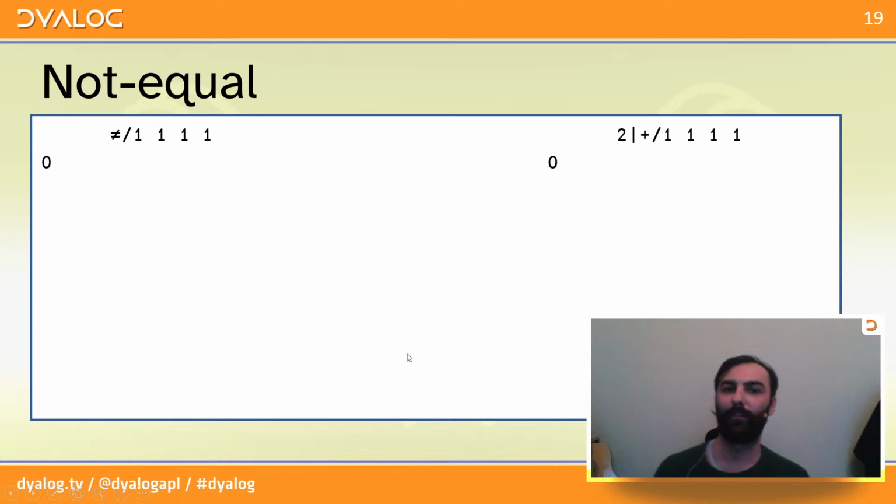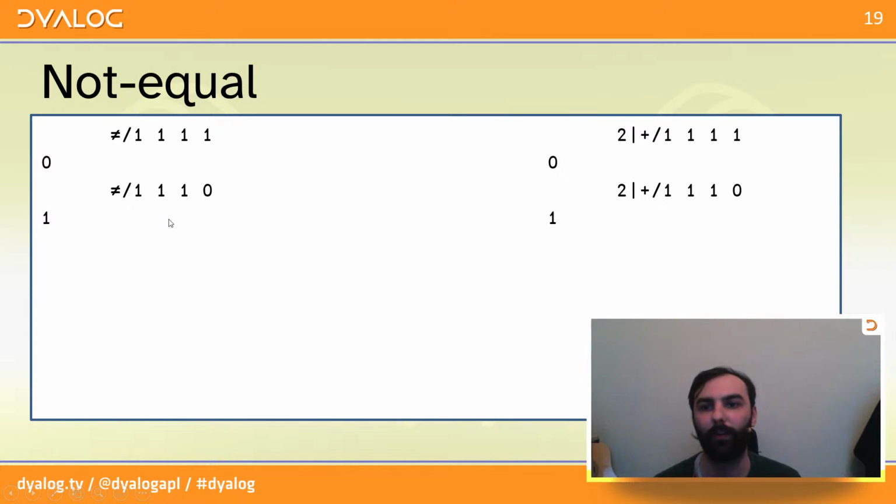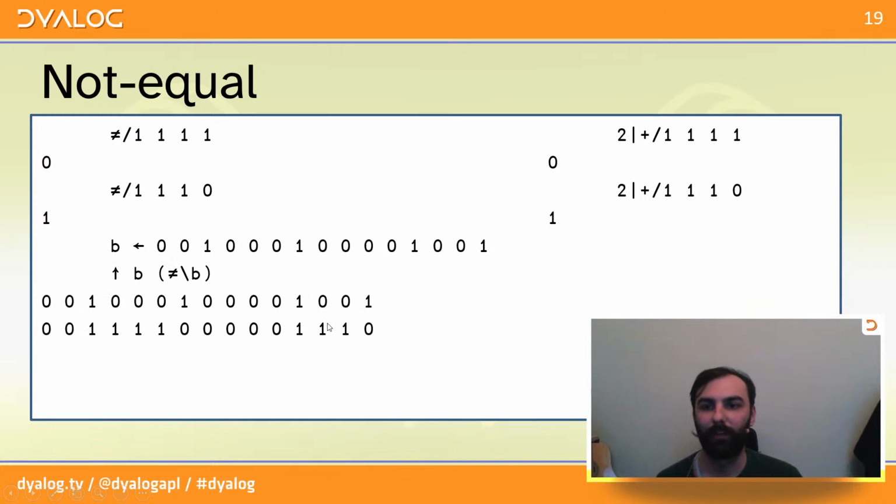Okay, well, let's move on to another example, or another Boolean function. Not equals reduce has this interesting property that it only returns true when there's an odd number of 1s in the Boolean vector. So it's the same as the parity of the count of 1s. What this means for the scan is you have this quite curious behavior